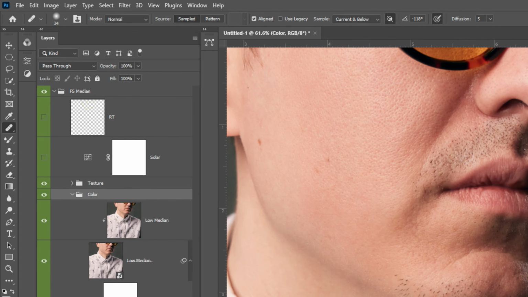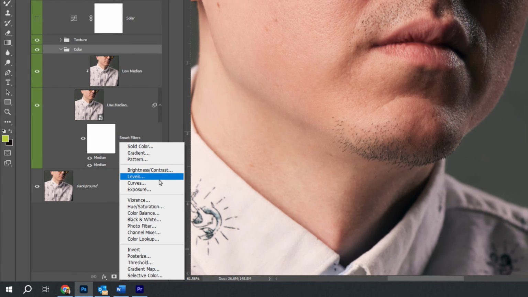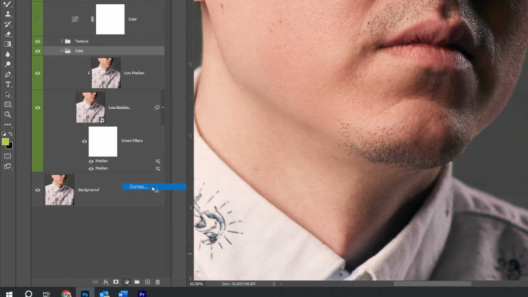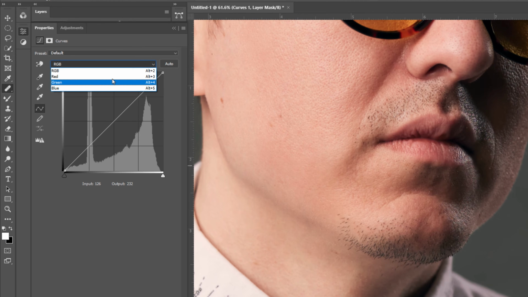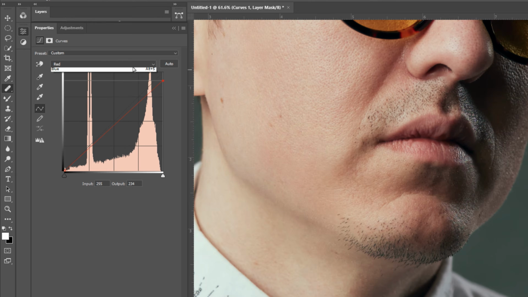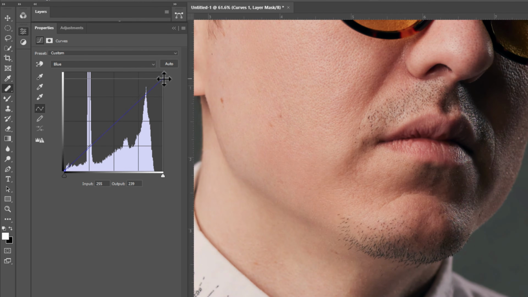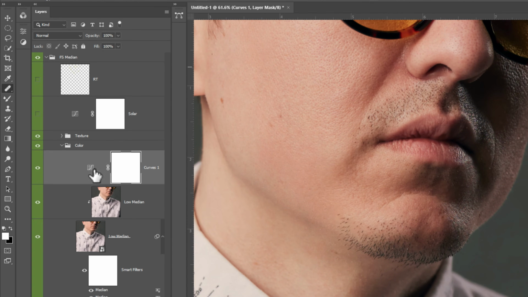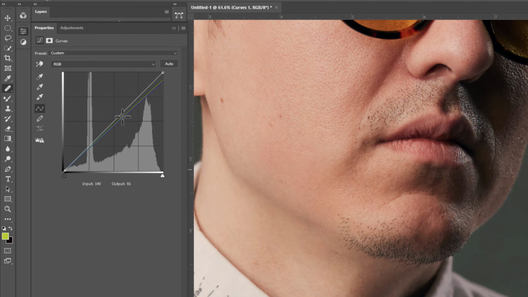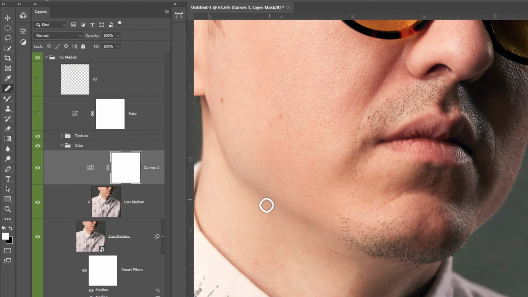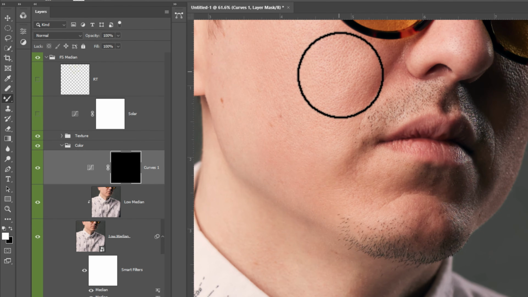We could also do our skin tone color correction in between here, the color and texture. So say I want to do a curves layer and, I don't know, make his skin a little yellower. We could do that here. And let's brighten it a little bit as well. So say we want to do this. This isn't what I would do as a final, but let's just say that that's what we were trying to accomplish. I can now brush that in